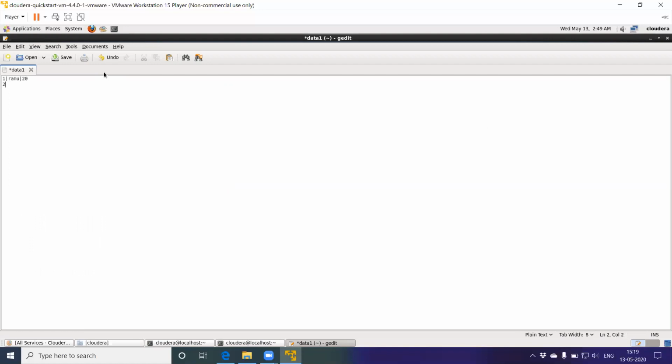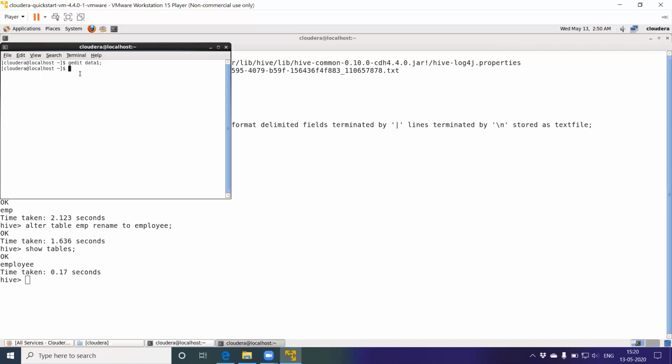The next line, 2, employee name and the age. Note here, each row is identified by a new line character. Enter the data: 3, 19, 4, John, vertical line, 21, 5, Said, 22. These are the sample data. Save the data and close the editor.